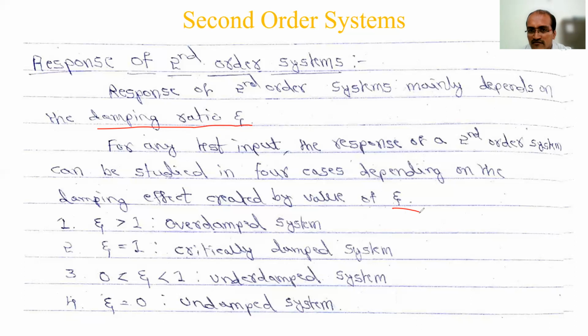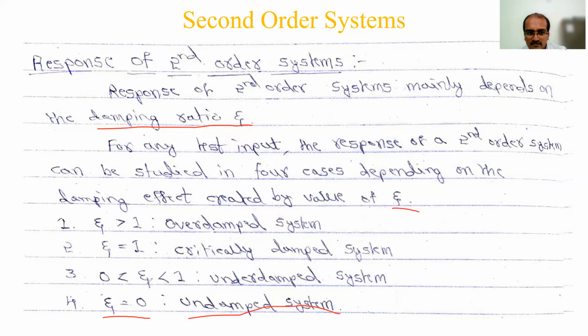What are those? The first case is the simple one. We are not applying any zeta value. I have written it in reverse way. So the first case is this: zeta equal to 0 means there is no damping. It is called an undamped system. For each of these zeta cases, we have a name for that system. So zeta is 0 means undamped, damping we have not applied, absence of damping effect.